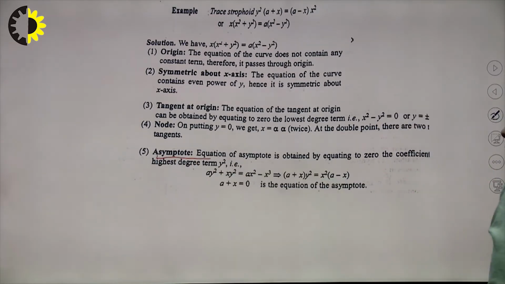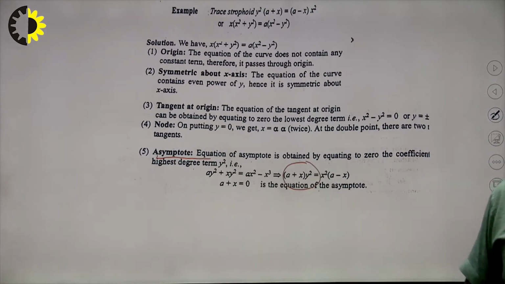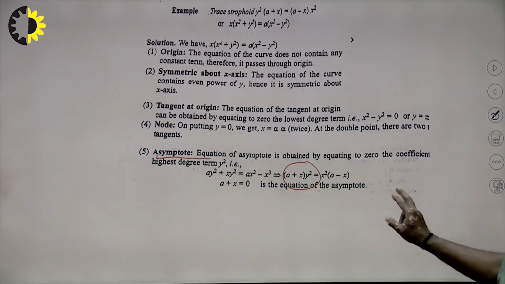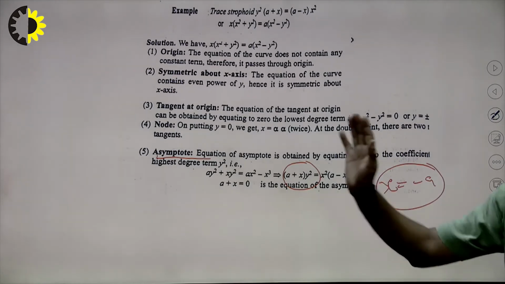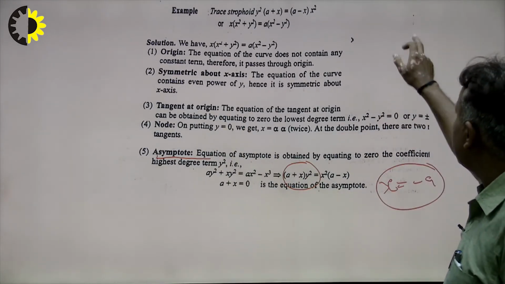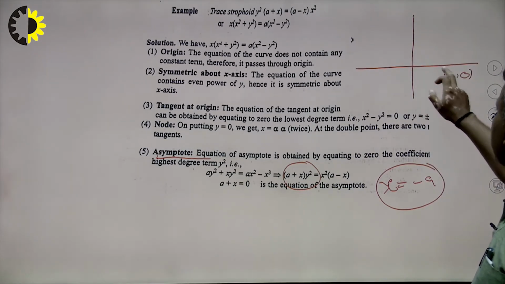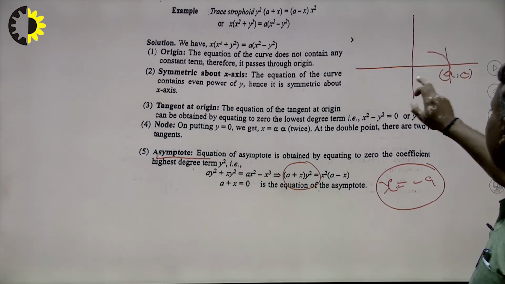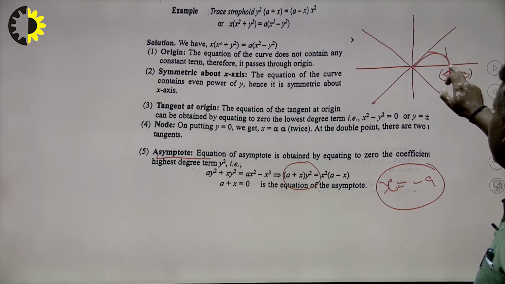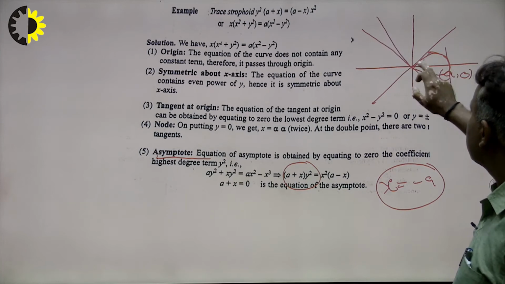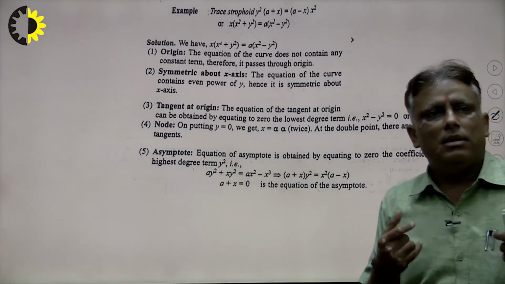How to calculate the asymptote? Suppose I want to calculate the asymptote, so the highest power of y is here, and x plus a is equal to 0, that means x is equal to minus a is the asymptote, and that will be outside on the left hand side of the curve. That means I write here, suppose any curve and this is the point a comma 0, and the nature of the curve is a node here, and the tangent is y is equal to plus minus x, so the curve will be like this, and there exists a loop on this side. So in this way we find out all the things of the problem, right.